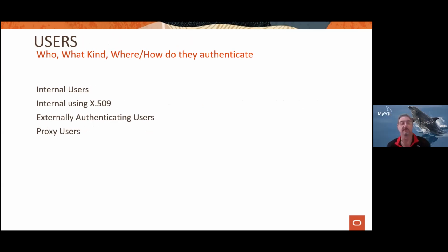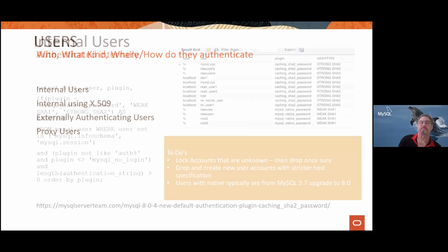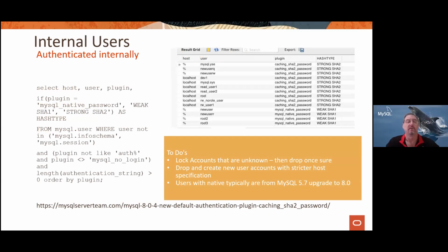For users, there's a number of different types of users or classes of users in MySQL. Some are internal users, some are using X.509 protocol, others are external. They may be partners of your organization, or proxy users. So for internal users, authenticated internally, you can run some code here that will go and check to see what their access is. If you're looking to see if the MySQL native password, which is less secure, although still allowed for legacy applications, you may want to check that and maybe issue a warning for someone to switch over